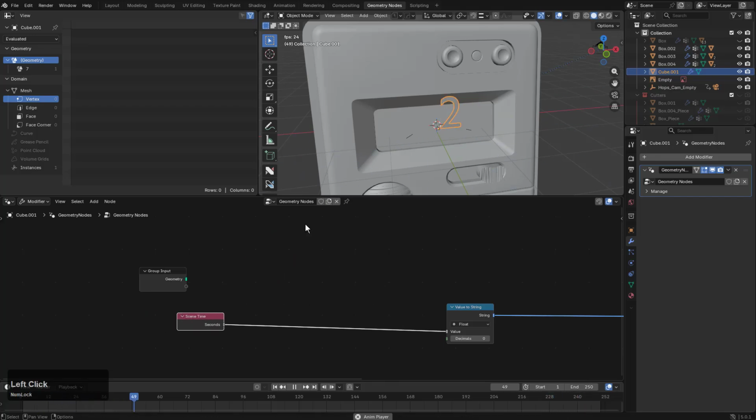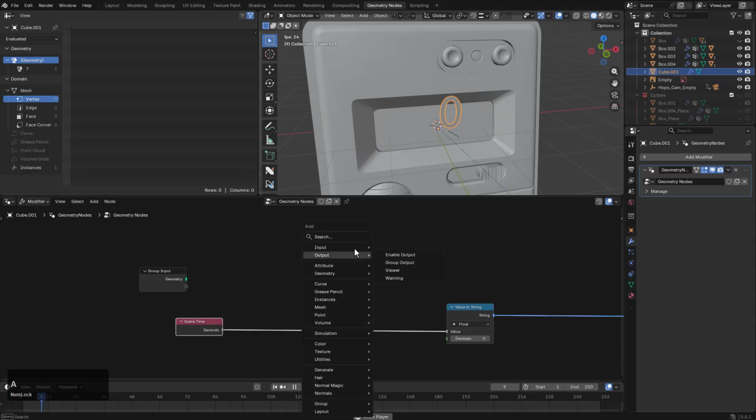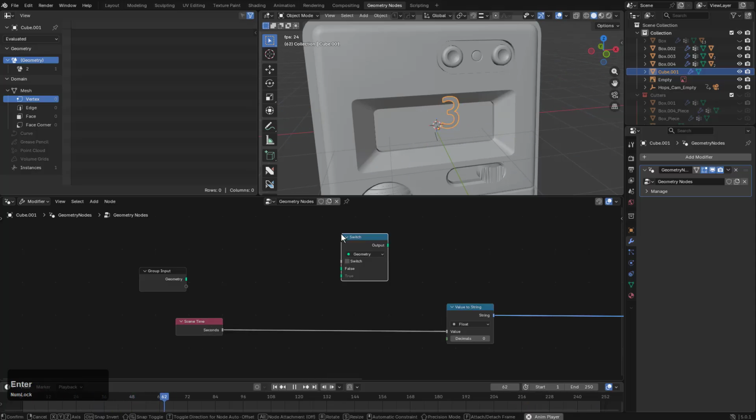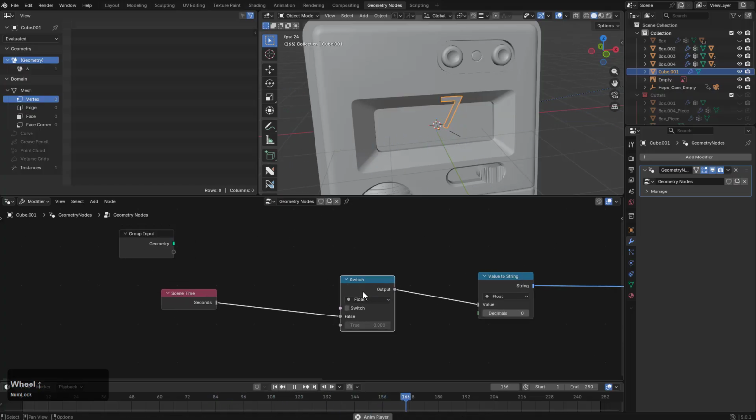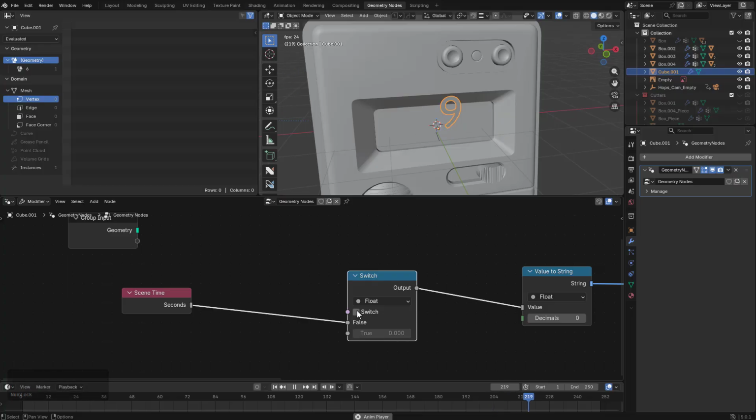Except for a few things, like we see that the digits are here, and then the digits jump out. So we need a 0 to be there. So let's start off with that. I'm gonna make a switch. I'm gonna make a switch for reals. We're just going to switch,